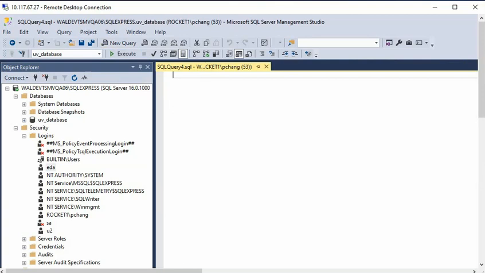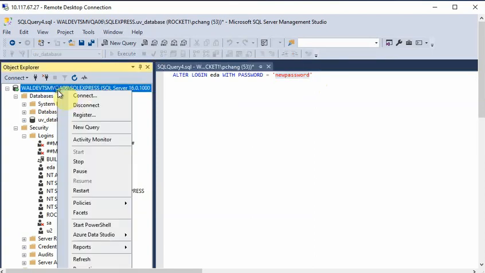So I need to make sure I can use this command on this environment to change the EDA user to a new password here. So after I change it, next time I can make a connection without any issue. Also, I like to make sure this server has the option to